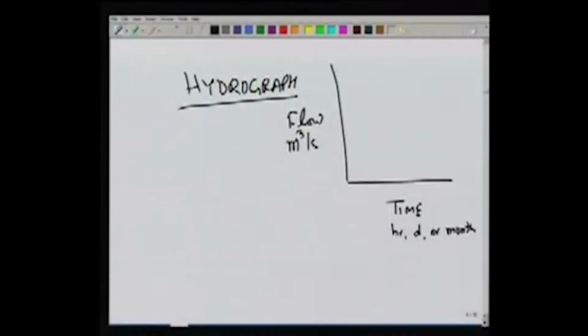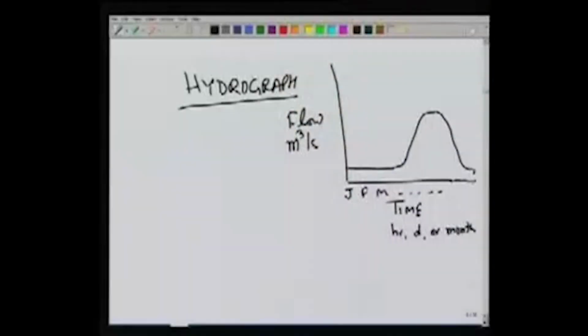And if you look at the flow, let's say over the scale of a year, we might say that this is January, February, March, and so on. The flow in a river may be very small during the months of, let's say, the winter months and up to maybe May. But when the monsoon comes, the flow will increase, and then again it will go down, and then in January it will again become very small. So this is the hydrograph of the stream,